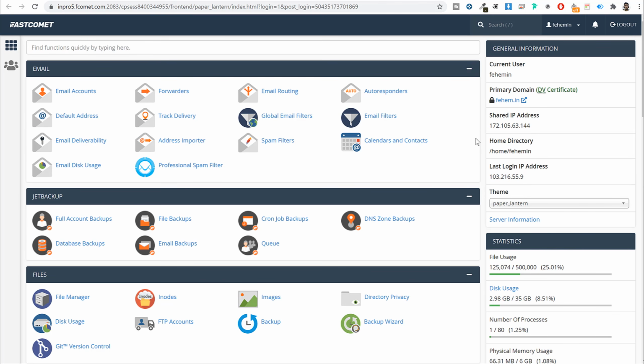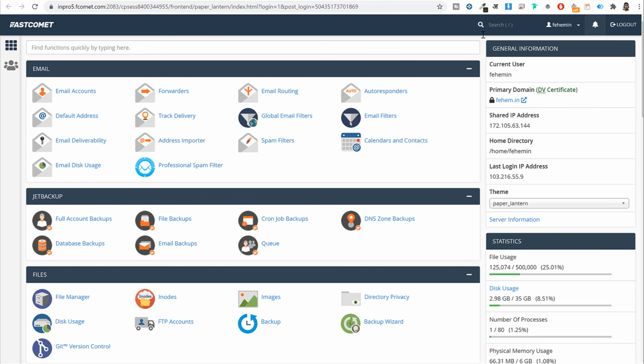The very first thing that you should be doing is you should see your primary domain name. So this is my primary domain name, and besides your primary domain name, you should see this padlock and it should say DV certificate or something like this. Now this simply means that SSL is successfully installed on my domain name. Now if you see some other message over here and if you don't see this padlock over here, it means that SSL is not installed on your domain name.